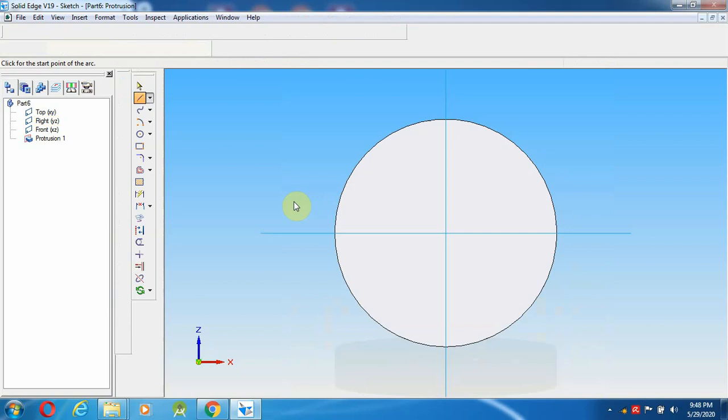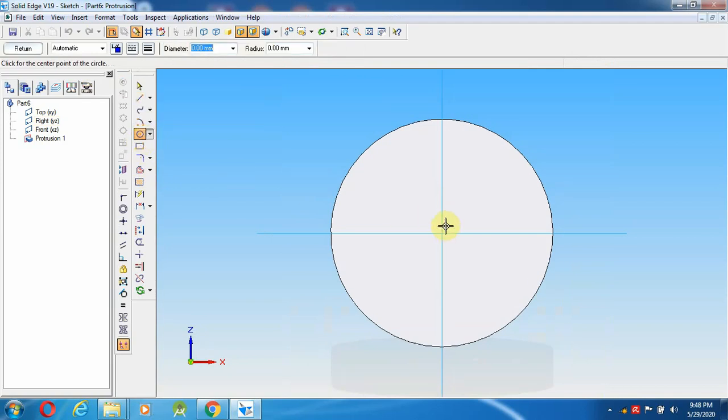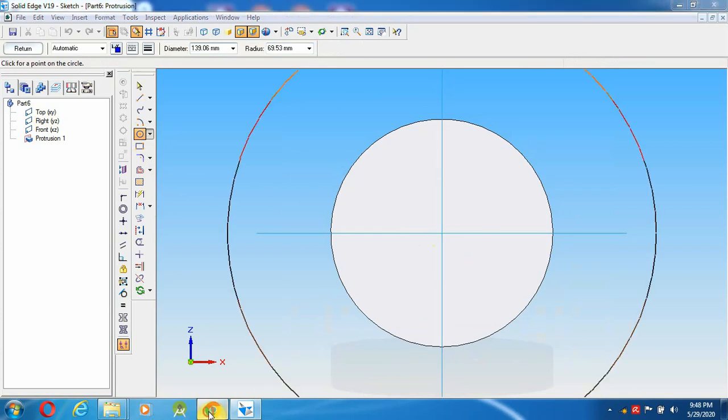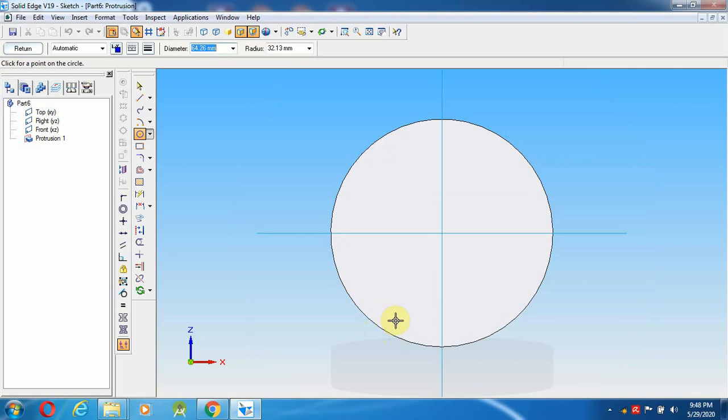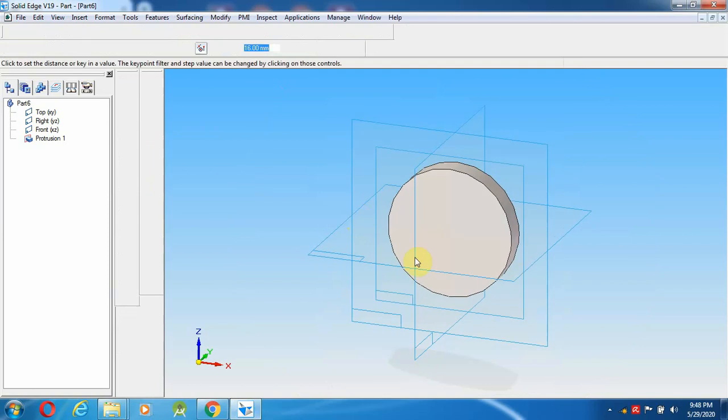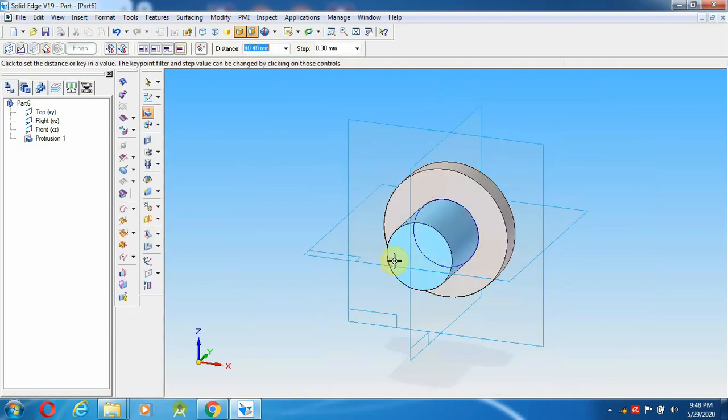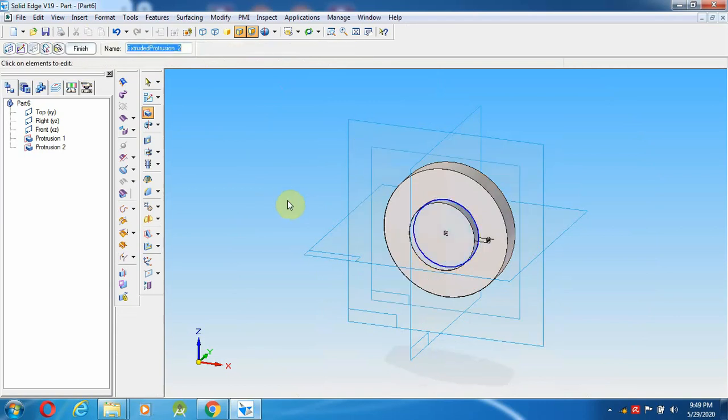I am going to select this one and select the circle option. Give the diameter as 38 mm, enter and give return. I am going to give a 6 mm depth. First right click, left click and right click.